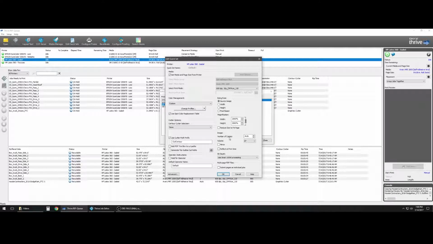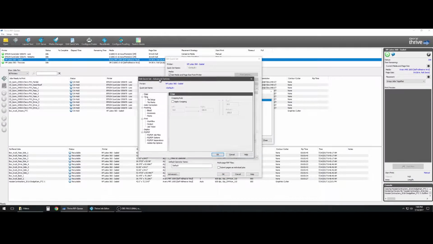We have our number of copies per job set to auto. We can also have our cut contour prefix changed if we want to, but here at the company we are using a cut contour with capital C's. We use a smart 16-bit processing,